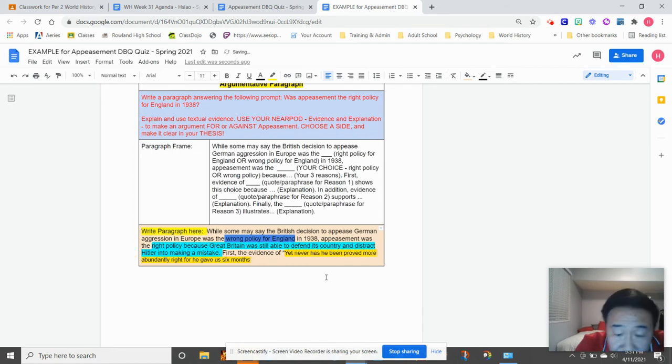First evidence of, "yet has he been proved more abundantly right for he gave us 6 months," shows choice because